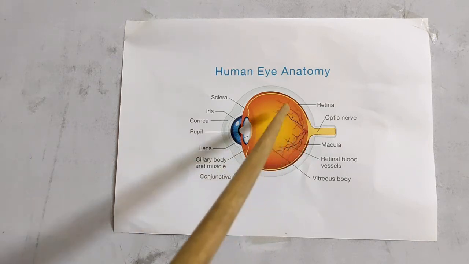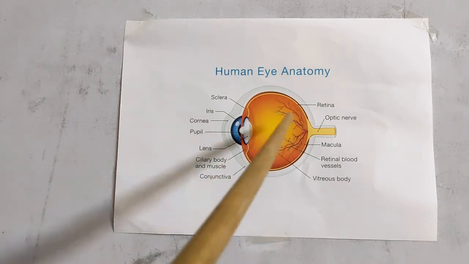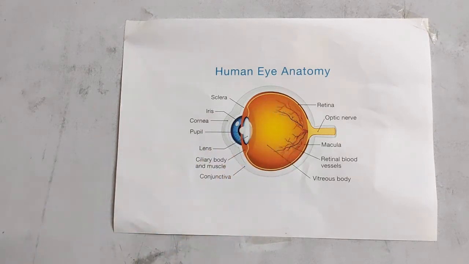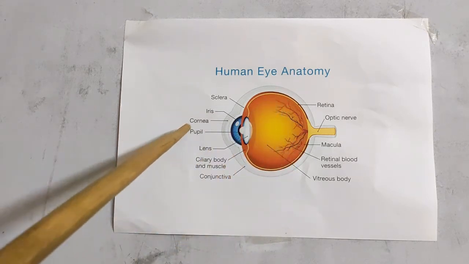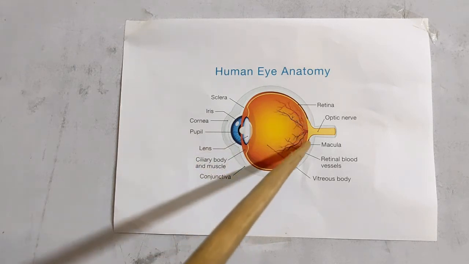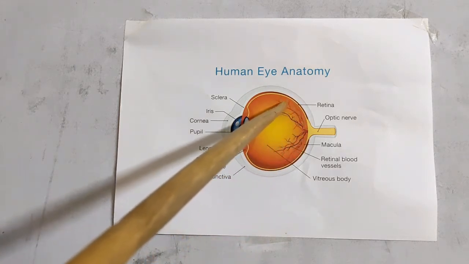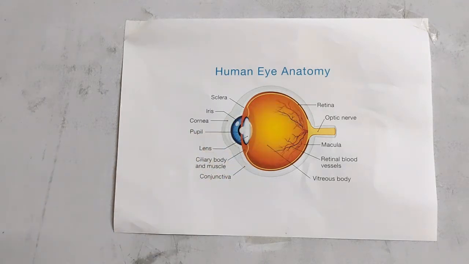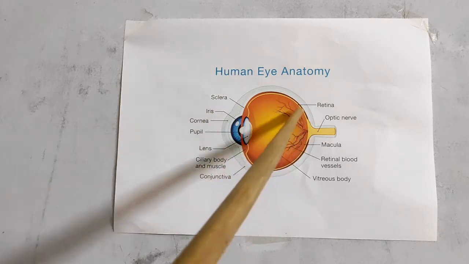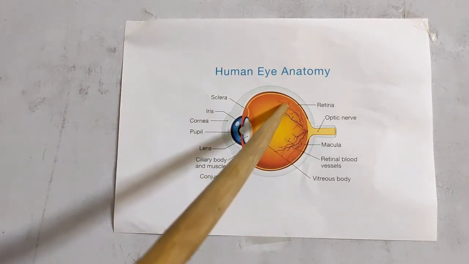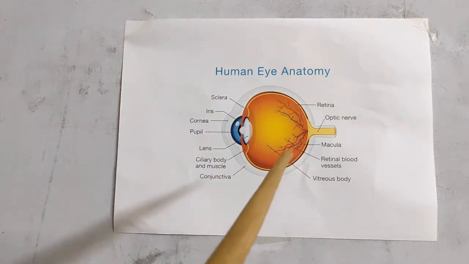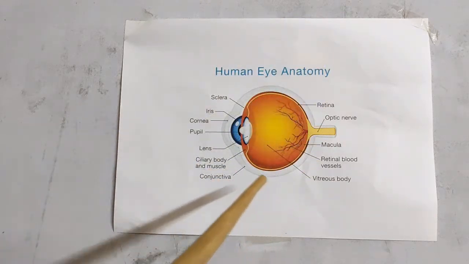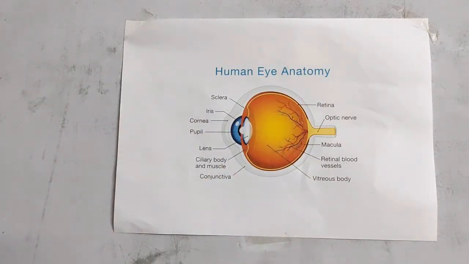No. Actually, children, we do not see through our eyes. We actually see through our brain. That is, what we see through our eyes, the messages are sent to the brain by the optic nerves. In the chapter Control and Coordination, you've studied about this, right? Yes. So it is sent from the nerves to the brain. So it receives the signal, and again the signal is sent back, and that is how we see things.